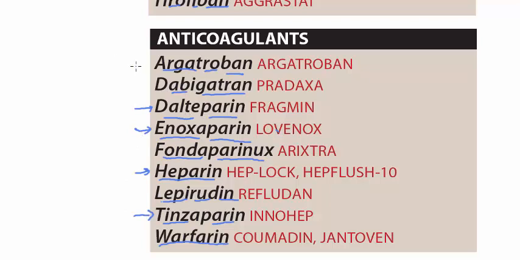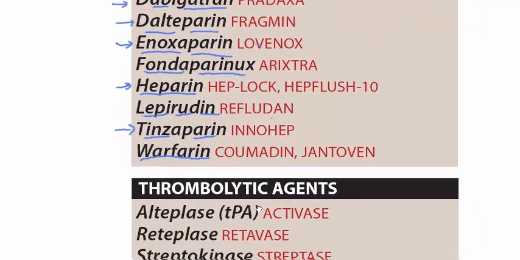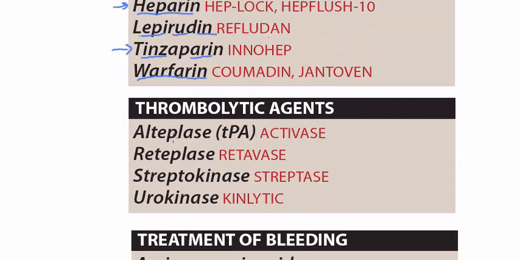And then argatroban and dabigatran, and then fondaparinux and lepirudin. And then we have warfarin. These were the anticoagulants. Then comes the thrombolytic agents, and there are 4 thrombolytic agents that are very easy to remember: